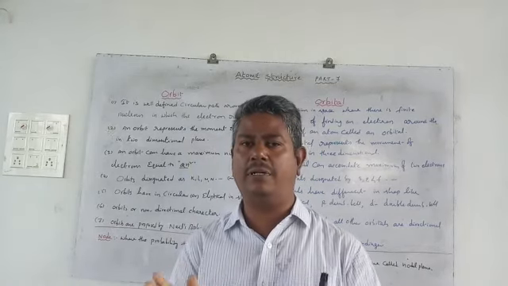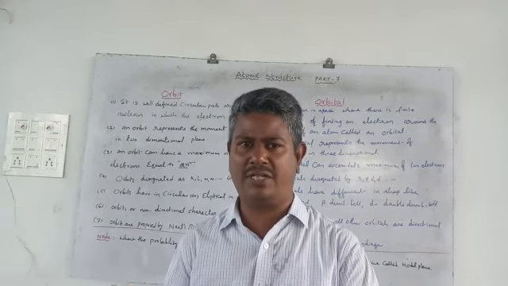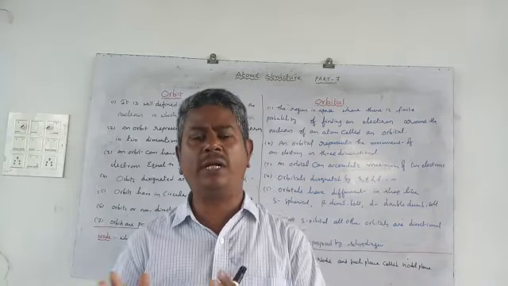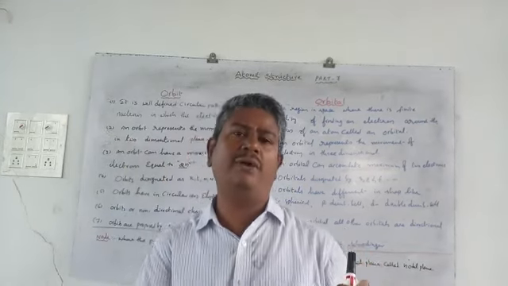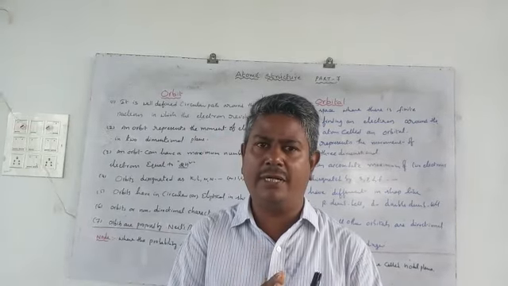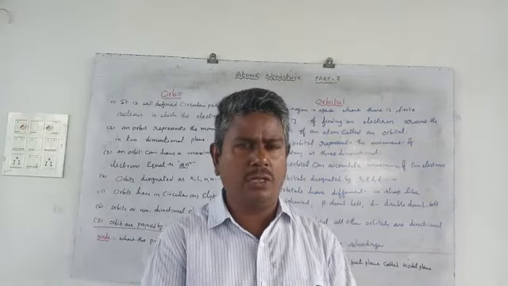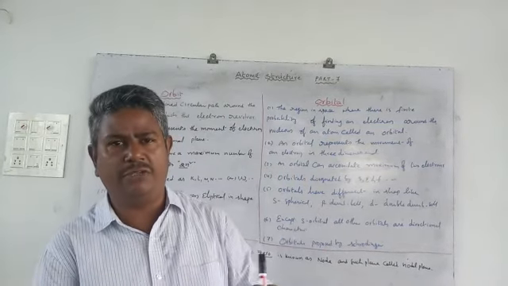So that is the difference between orbit and orbital. And as well, orbital is a psi square function. It means a probability function, whereas orbit is a psi function, that is a wave character function. That's also the main difference between orbit and orbital. So once again we recollect the difference between orbit and orbital, which is on the board.